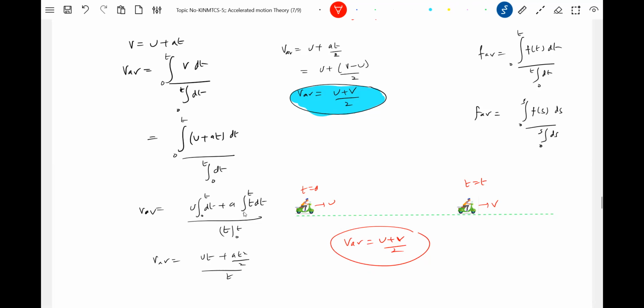Or else what you should do? Distance covered by time taken. Either of the formulas. If you know velocity at time t, then initial velocity plus final velocity over the interval of time. This is between any two intervals; for any interval of time, you can find it out. Not only t equals 0, this is applicable.